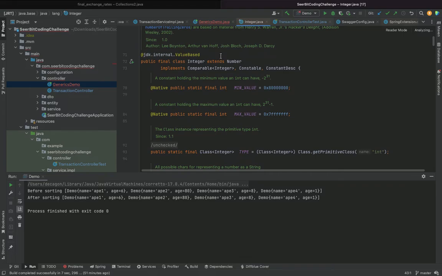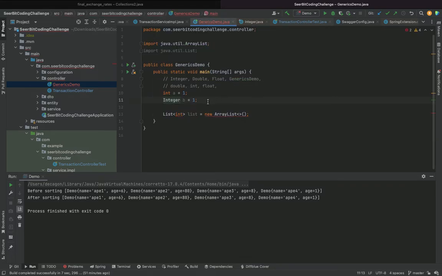They also created a class called Double and the rest of them with capital D, and so these two can behave the same to some extent. You know, objects can have the value of null. Objects can have the value of null. That's why in some places you may see Integer z equal to null. But if you try something like int y equal to null, it's not possible because this is of primitive type.